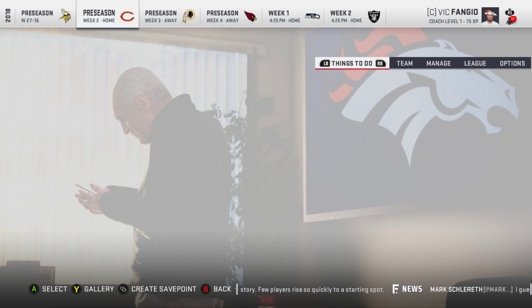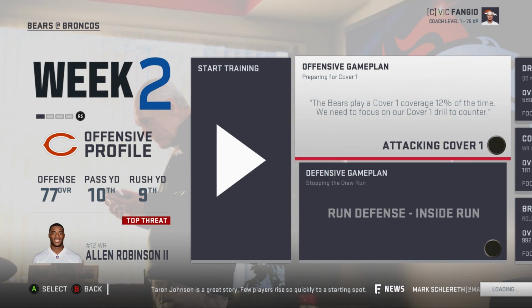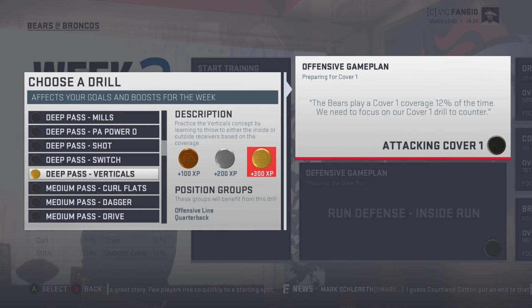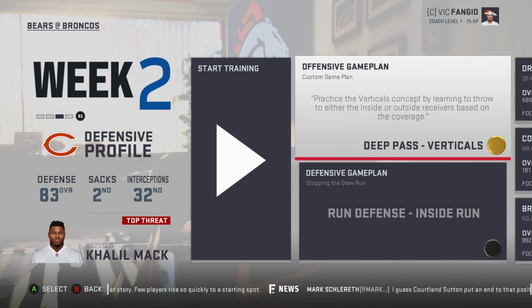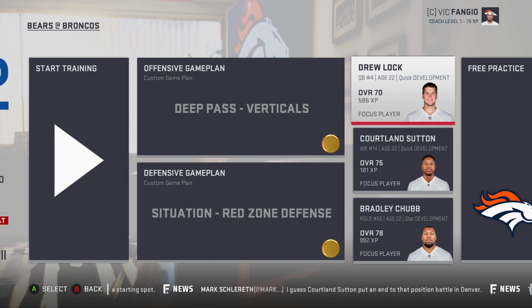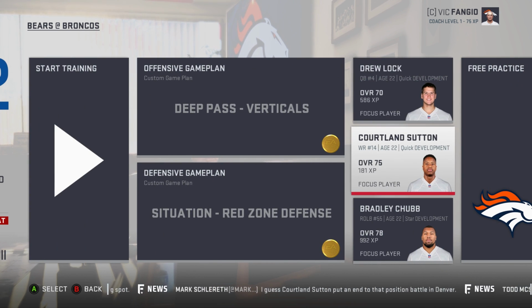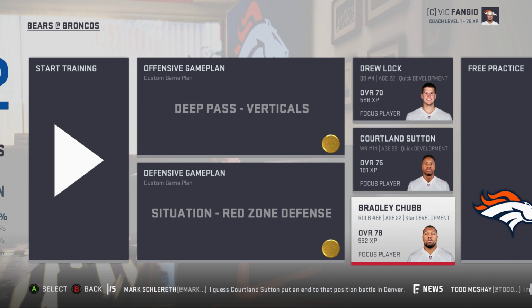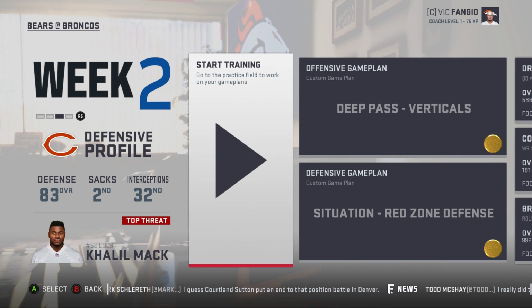So I mentioned that I was going to show you what we're working on here with the developments. On offense, we're going offensive line and quarterback. And then on defense, defensive back and linebacker. Our focus players are Drew Lock and Courtland Sutton, trying to develop that chemistry. We thought about Noah Fant, but we're actually going to go with Bradley Chubb because Von Miller is not